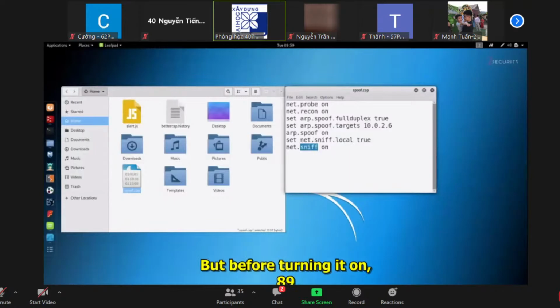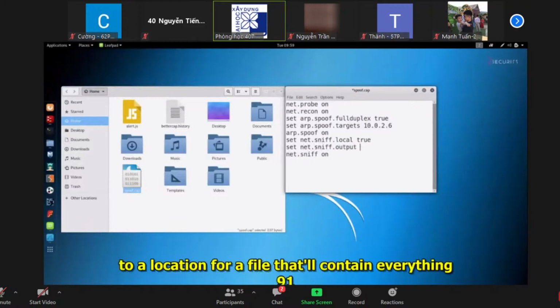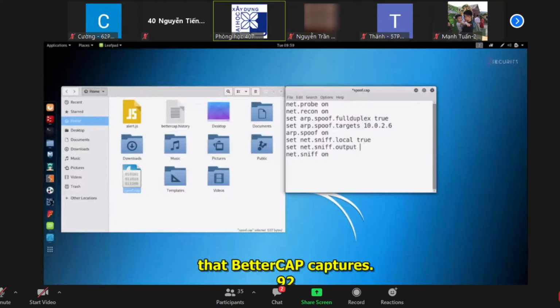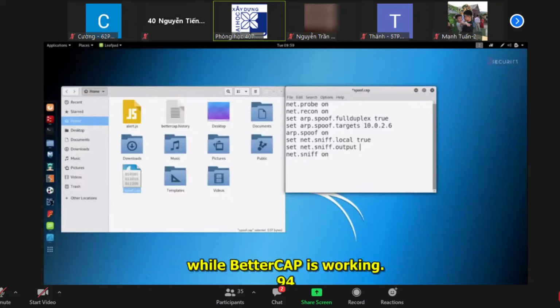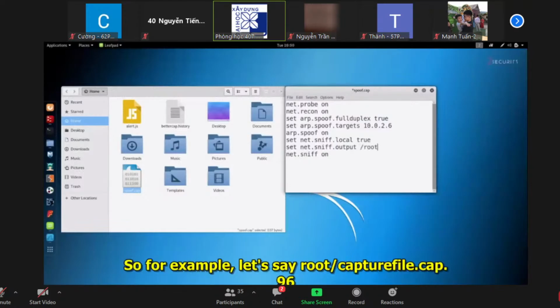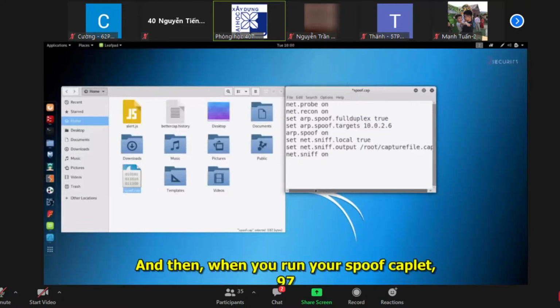But before turning it on, you can actually set the net.sniff.output to a location for a file that will contain everything that BetterCap captures. So you won't actually have to start Wireshark while BetterCap is working. You can just specify a place in here. So for example, let's say root capture file.cap, and then when you run your spoof caplet, it'll turn on the